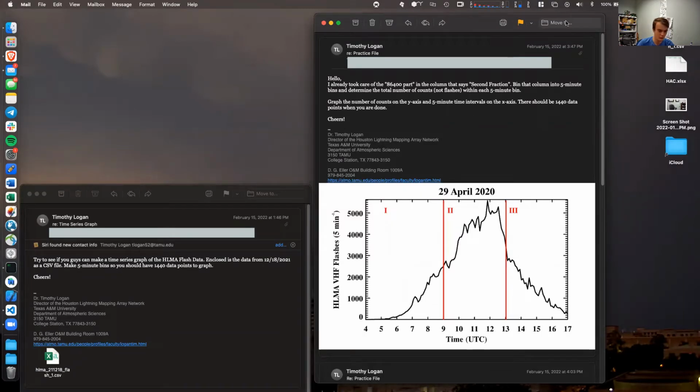All right, folks. So this week we were sent a CSV file, which I've saved to my desktop here, and we were told to make a time series graph of this flash data. We want 5-minute bins, and it looks like on his example graph, we have flash count per 5 minutes and the time in UTC. So let's see what we can do and see if we can try to recreate this graph,